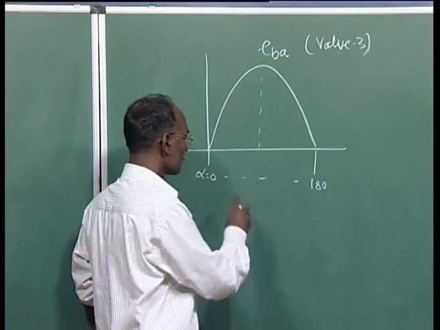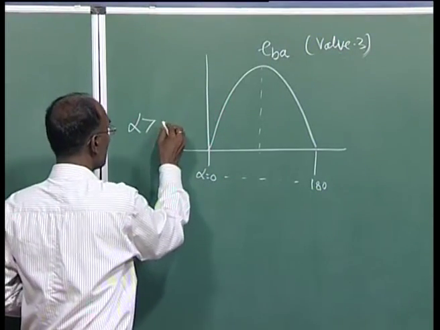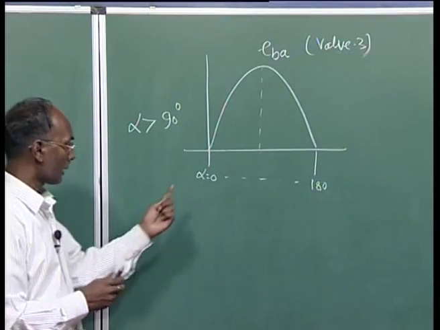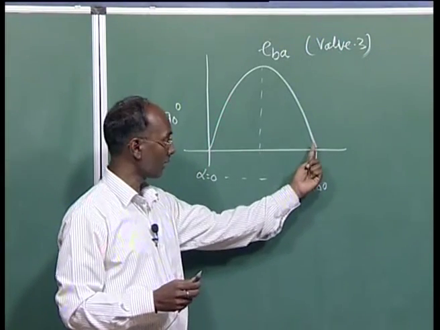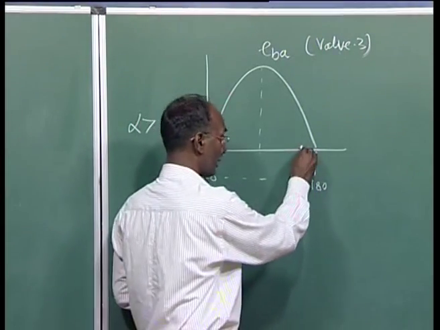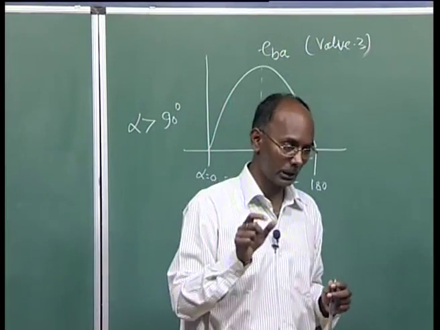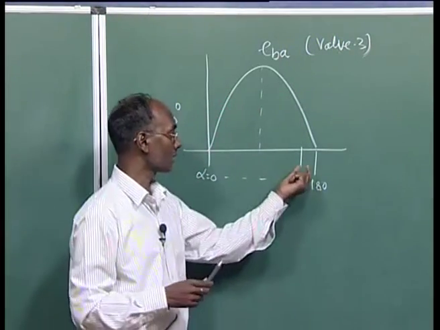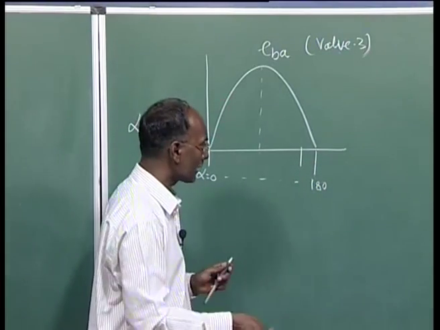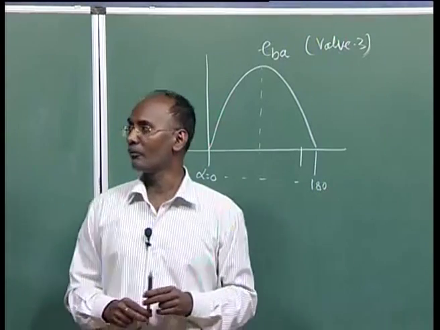In the inverter operation, our alpha is delayed, meaning alpha is greater than pi by 2 or 90 degree. In the ideal case, if alpha is 180 degree, we are firing here, although there is some minimum angle required, so that we cannot fire in this period. Normally, this is the safer portion and we should avoid it, we will see later on. This is called the extinction angle or the commutation margin angle. But for the ideal case, let us say alpha is delayed up to 180 degree.